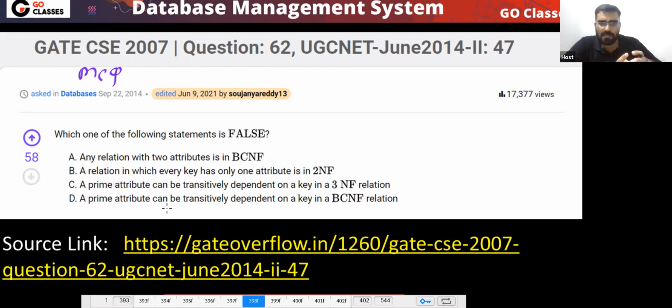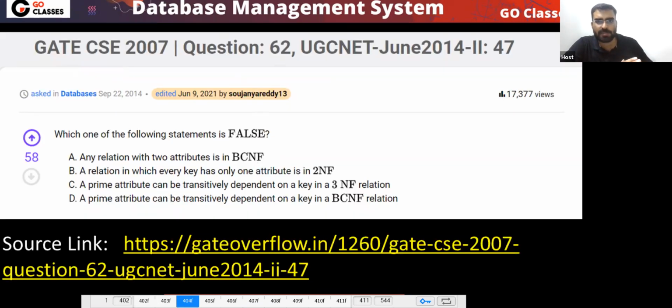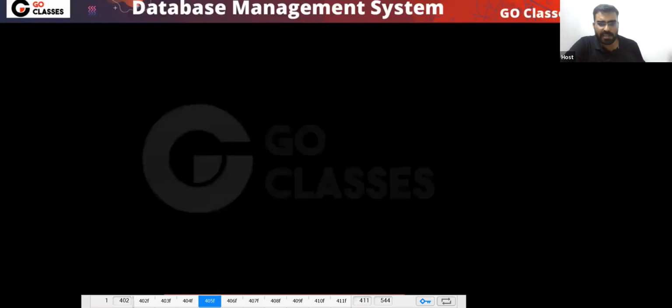First, let's solve by our correct concepts. Apply all the correct concepts that you have studied. The first option: any relation with two attributes is in BCNF. Can I say this is in BCNF? If a relation has two attributes only,